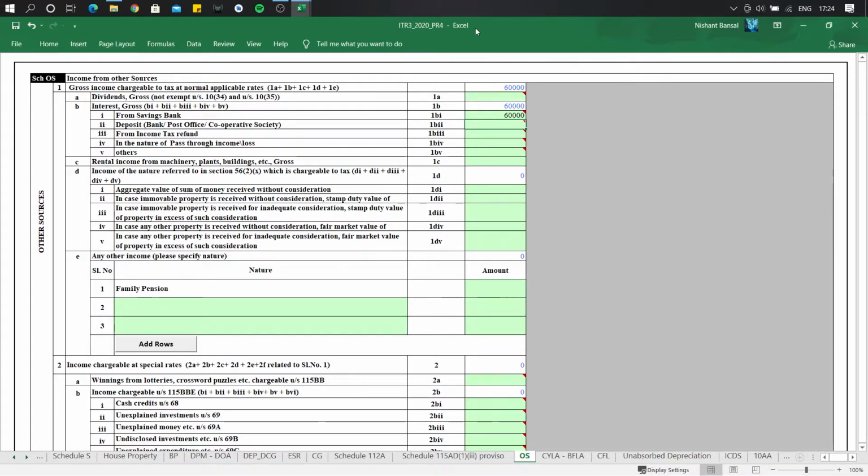Okay. Whenever you see this transaction of bank saving interest, you have to identify whether a person is a senior citizen or a normal citizen or a super senior citizen according to his date of birth. Since the date of birth is 10/12/1918, so Ashu Kumar Sharma is a normal citizen because still he is less than 60 years of age, which means that the provisions of section 80TTA would apply for deduction.